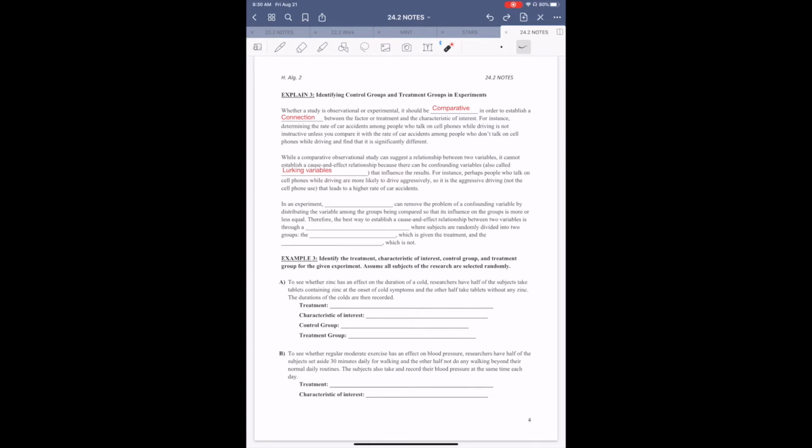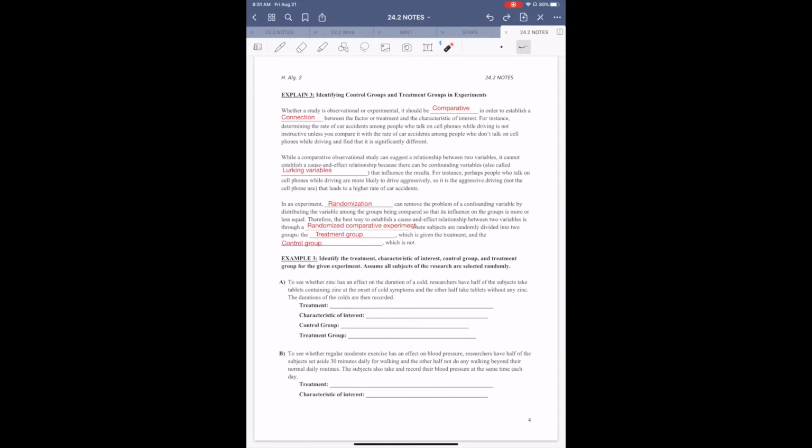In an experiment, randomization can remove the problem of a confounding variable by distributing the variable among the groups being compared so that its influence on the groups is more or less equal. Therefore, the best way to establish a cause and effect relationship between two variables is through a randomized comparative experiment where subjects are randomly divided into two groups: the treatment group, which is given the treatment, and the control group,